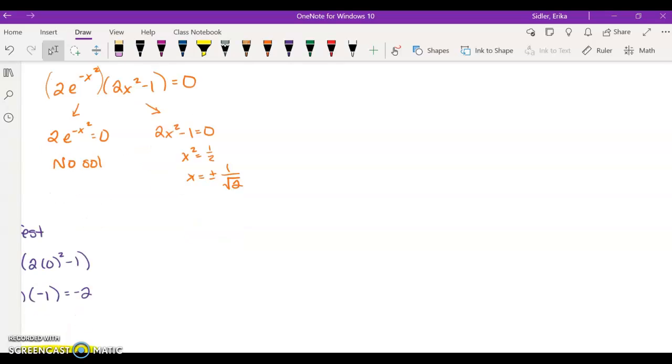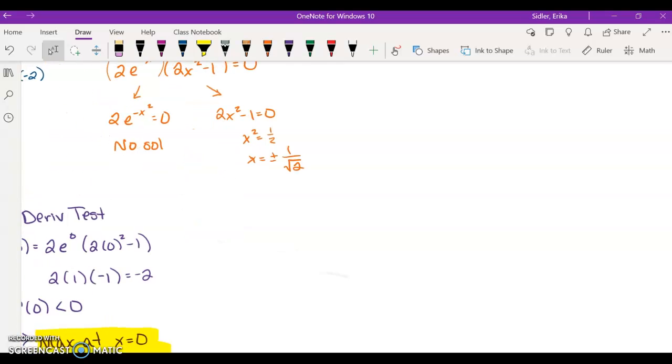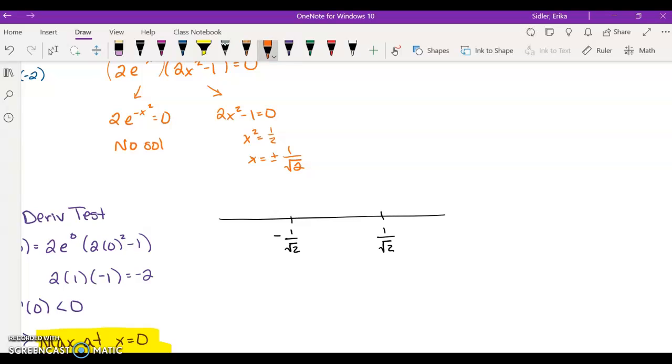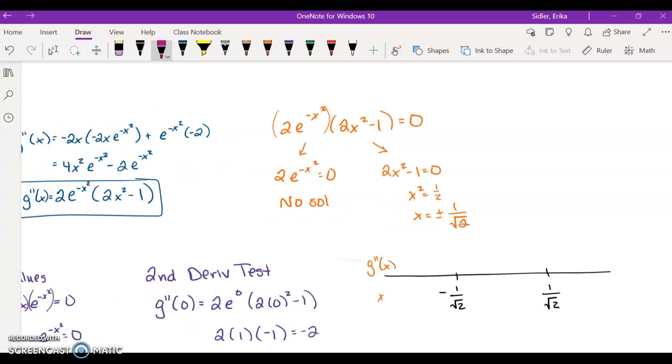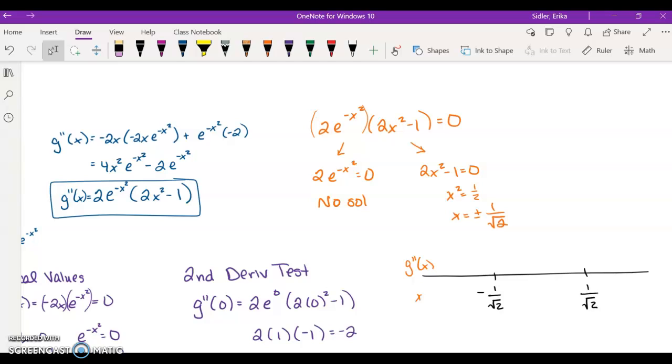And we're going to build a second derivative sign chart. Negative 1 over root 2, positive 1 over root 2. These are x values. These are second derivative signs. Now I'm going to think about this factored version of my second derivative here. Let's see, where can I look at it? And we're thinking of